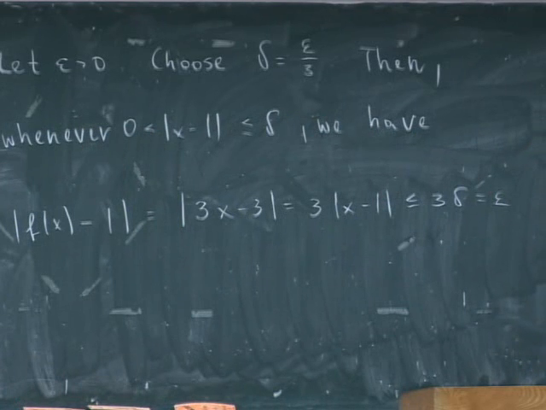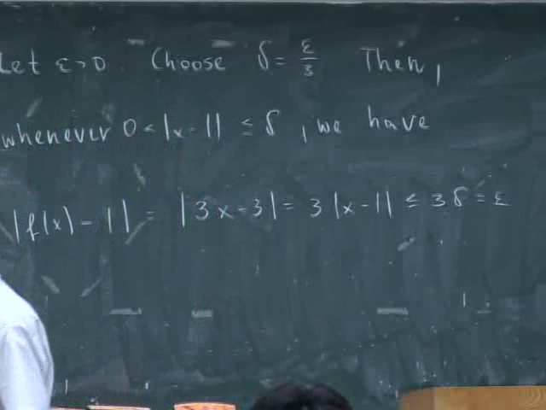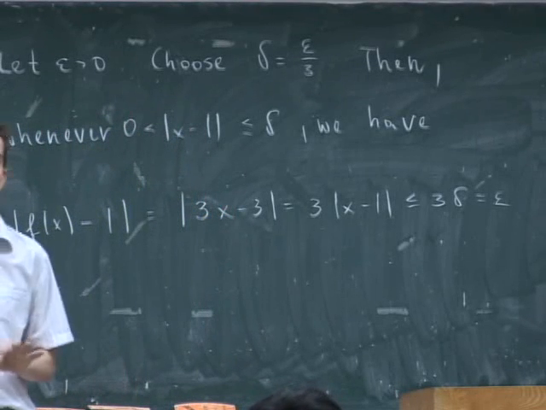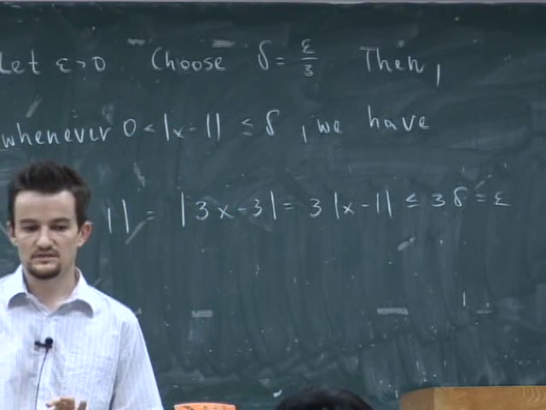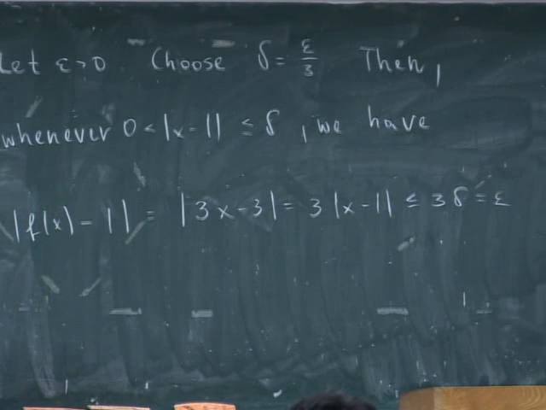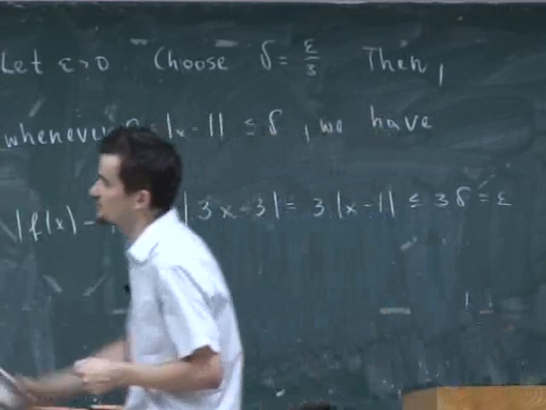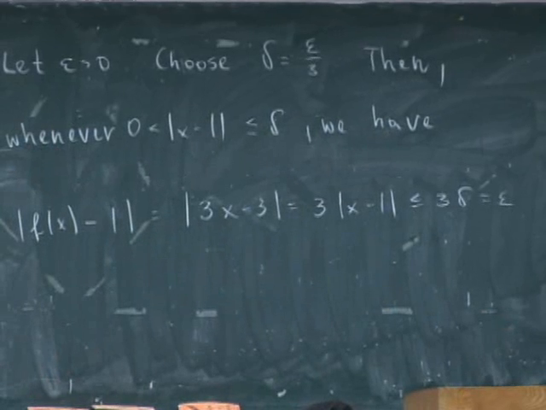So if I ask you to prove something like this, what you write down is this. You can say our textbook is using 2 steps. The first step is trying to find the right delta. The second step is proving it precisely. But this example is quite easy, so maybe let's look at something a little bit more